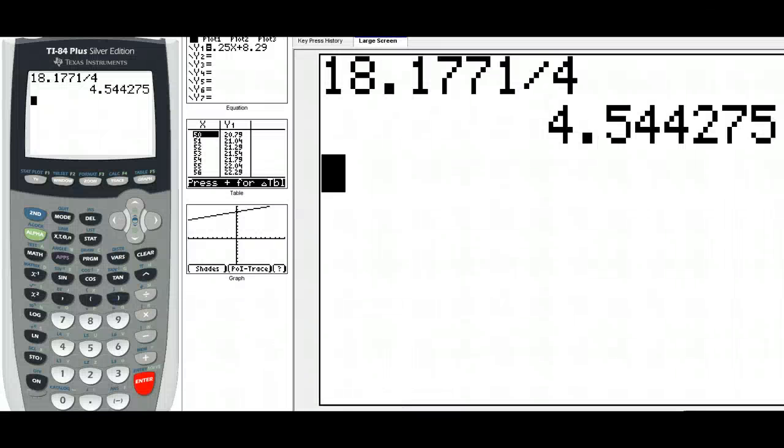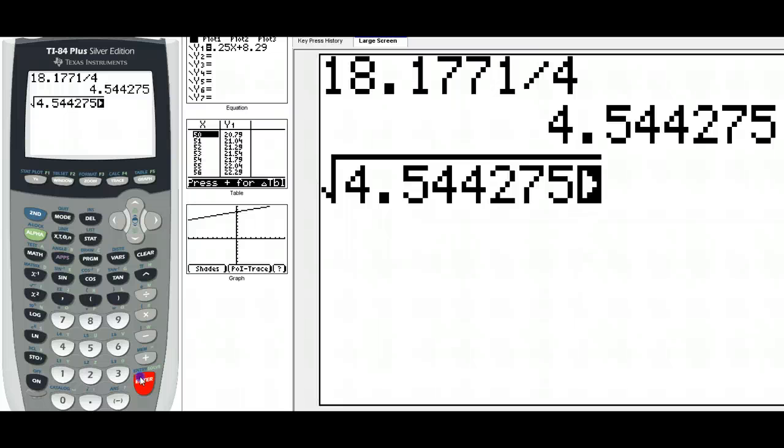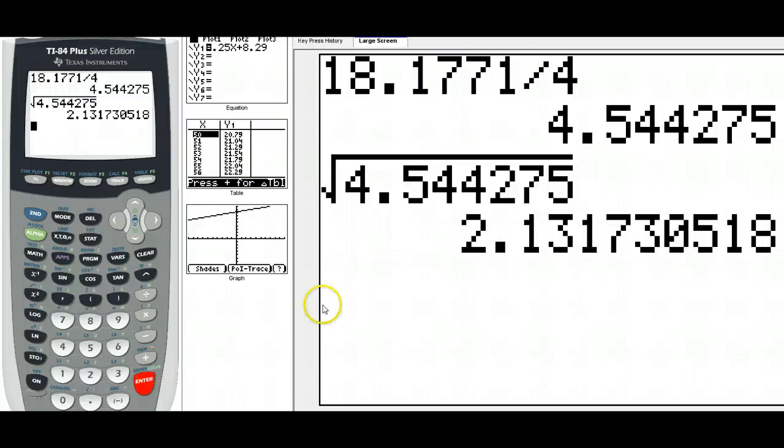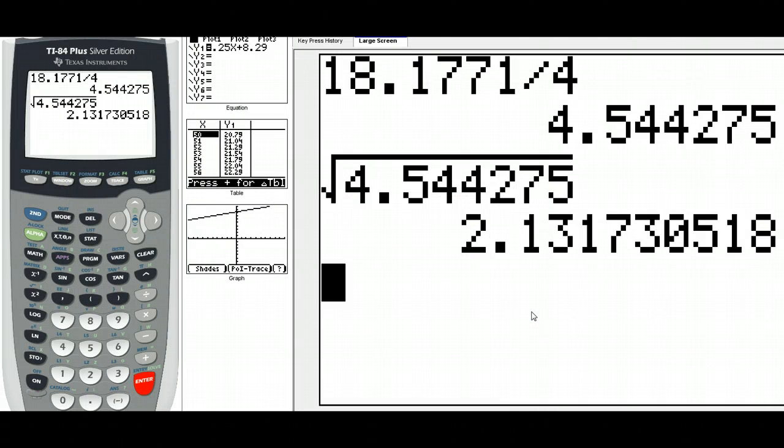Okay, so now finally our last step is going to be to take the square root of this number. So second x squared, and then you can either highlight that number and hit enter, and there you go, and hit enter again. So our final answer, S, this whole equation right here for this given data set, is equal to this number,